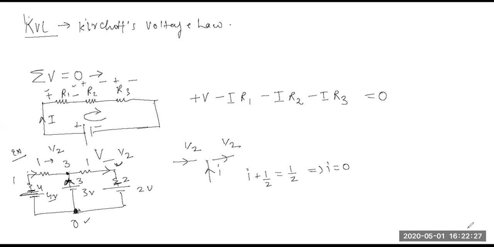That's the point, right? So my circuit was like this. You have a resistance here, a battery here, and a battery here. Again, a resistance here, a battery here, and this was closed. So this was 3, this was 2, this was 4, and 1, 1, 1, right? Now, you'll take a direction of current, right? So let's say I've taken the direction of current here like this, here like this, and here you can take like this. It doesn't matter, whatever direction of current you take.